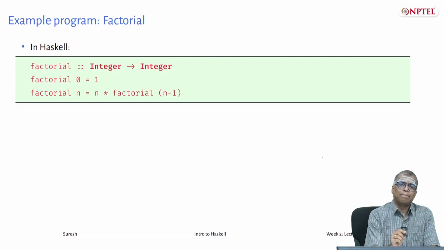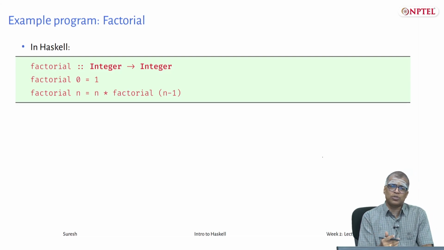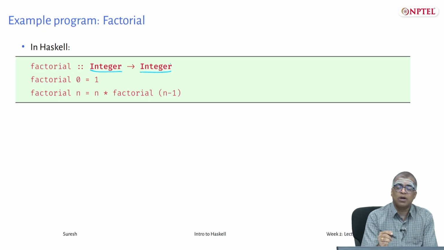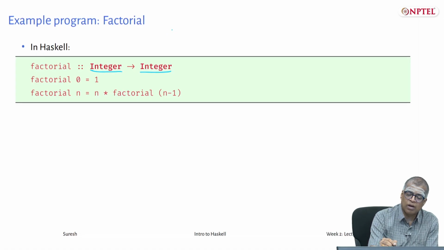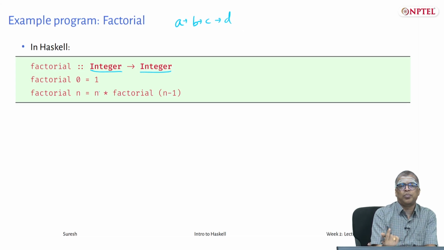Factorial. As we already saw last week, there is a difference between int and integer. If you want accurate values, where I want to compute factorial of 1000, let us say, I'll use integer instead of int. So integer, arrow integer. Recall that you write functions by writing the input types in a line. Suppose your function has 3 inputs, of types A, B and C, and the output is of type D, then you will write A, B, C, D in a line and put arrows in between. Similarly, here there is one input of type integer and one output of type integer, so you write the two types and put an arrow in between.